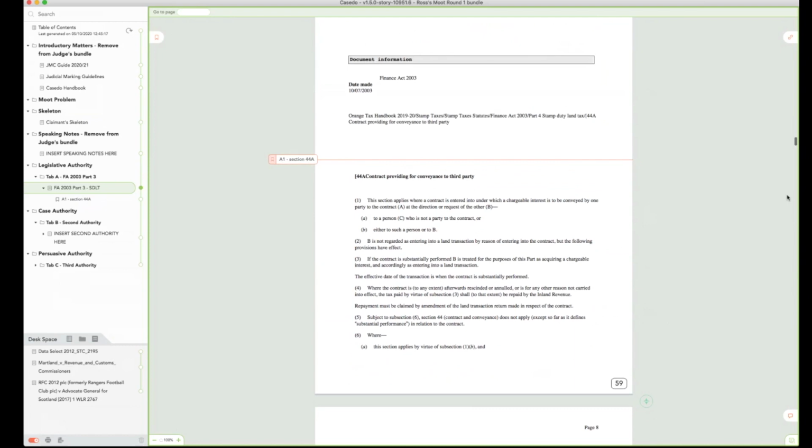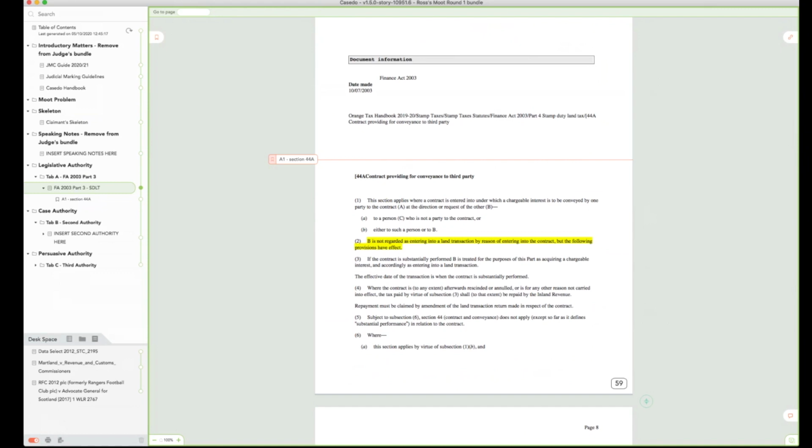The next thing I might do, if I was going to be referring a judge to this section, so I've now put in a reference so I can easily refer someone to it, is actually highlight the section I'm interested in. If I select the text, you get this highlight control here, and you can pick a color. If I want to change the color, I can just click it again, change it to green, change it back to yellow, change it to red, or just get rid of it and re-highlight it. So you might want to do that.